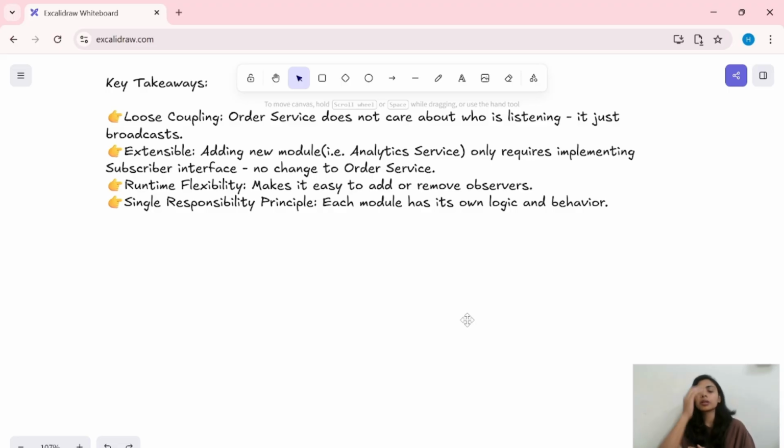Okay, now let's understand what key takeaways we can have from this design pattern. First, it allows us to have loose coupling. Here the order service does not have to care about what type of subscribers are listening to it. It just broadcasts based on the list of subscribers it is holding. It becomes extensible. Let's say in future we want to add an analytics service here, then we just have to add that new module implementing our subscriber interface,